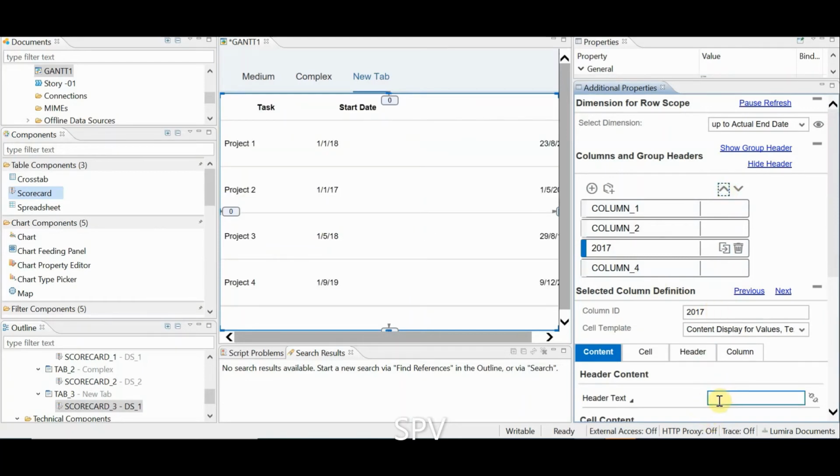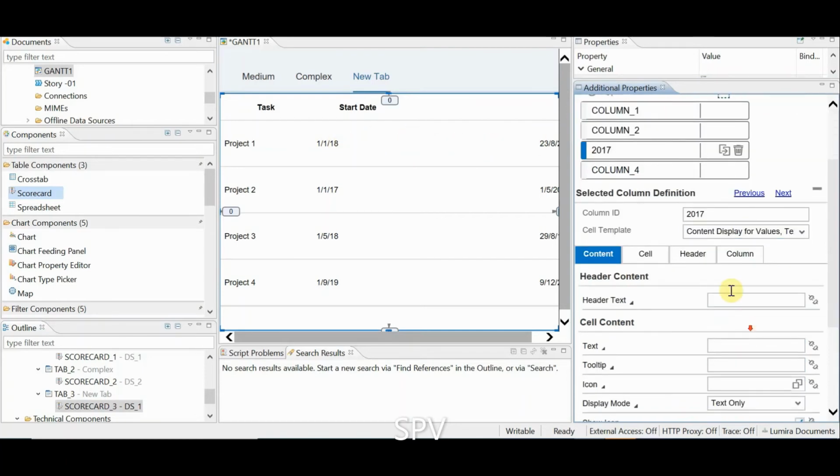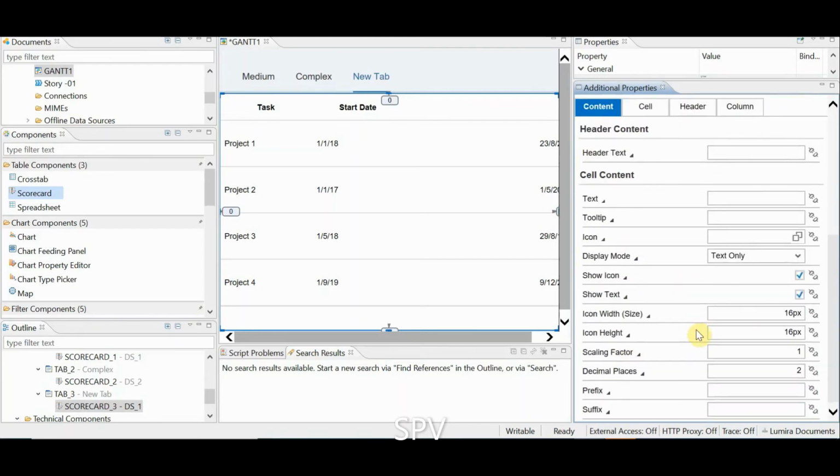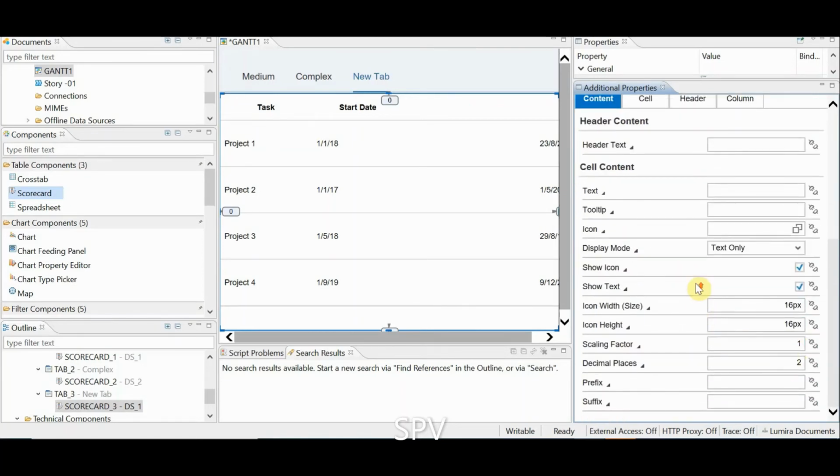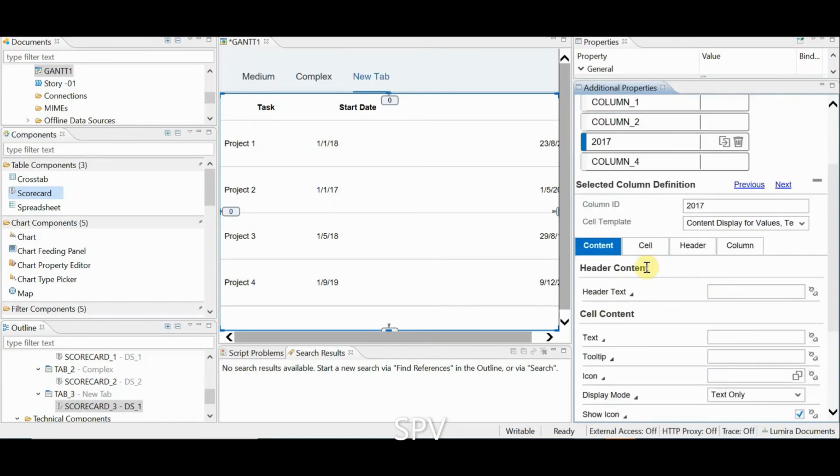Here I'm not giving any header context because this is showing the chart between these two dates. I'm not making any changes to the header.